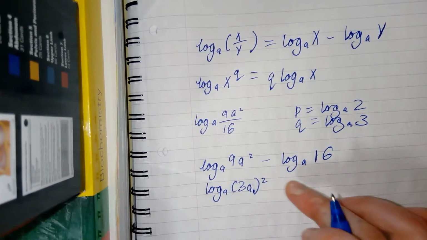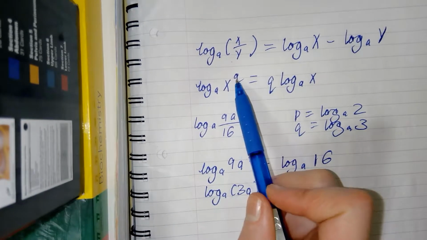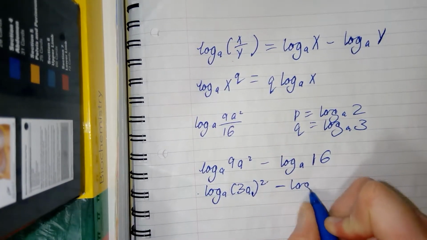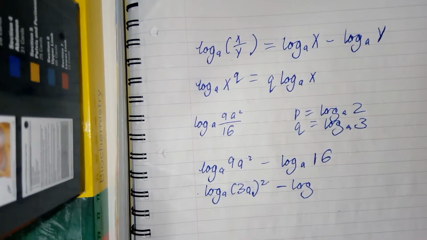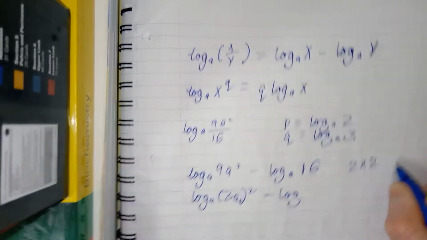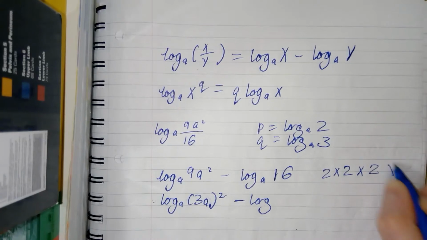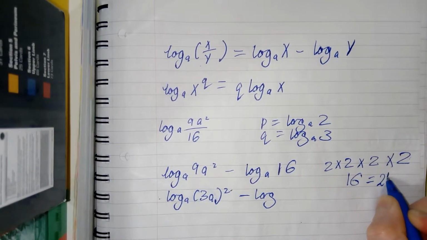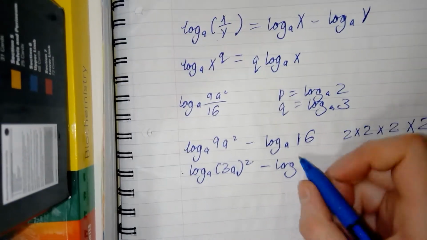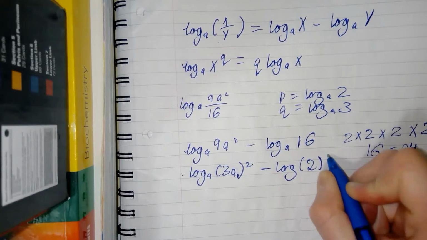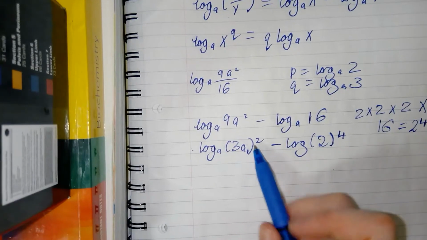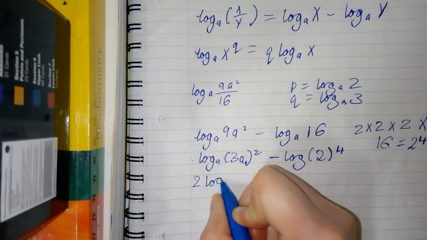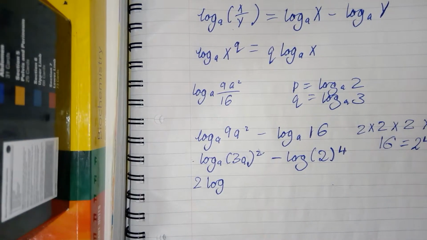It's only when it's all squared that we can move our 2 in front here. And similarly with the 16, we could write that as 2 to the power of something. 2 by 2 is 4, by 2 is 8, by 2 is 16. So 16 is 2 to the power of 4. So we can bring our 2 from this rule, so it's 2 log a